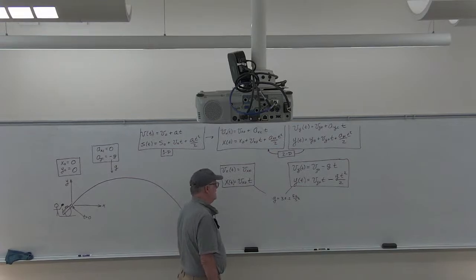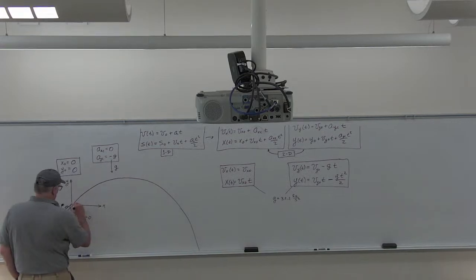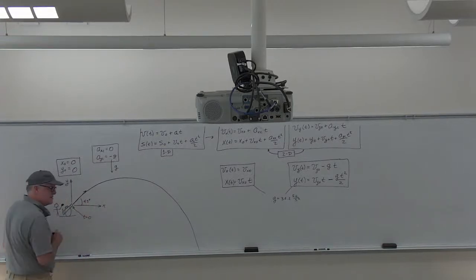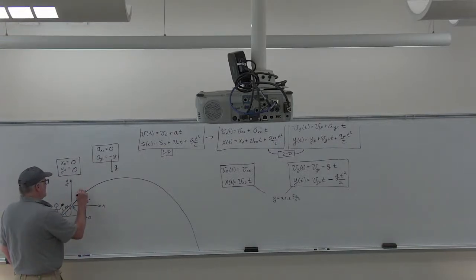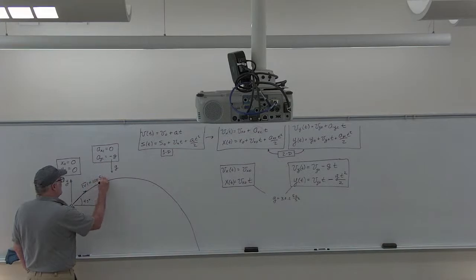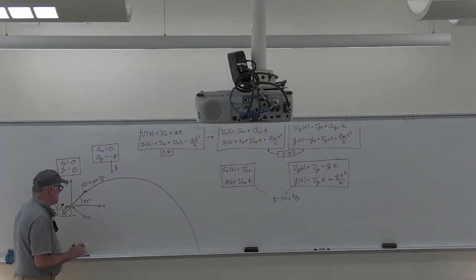Now the question is, what was the initial velocity? So the cannon shot out. I'm going to make my life easy. I'm going to say it's 45 degrees, and I'm going to say the velocity magnitude shooting out was maybe 100 feet per second. So what that means is,